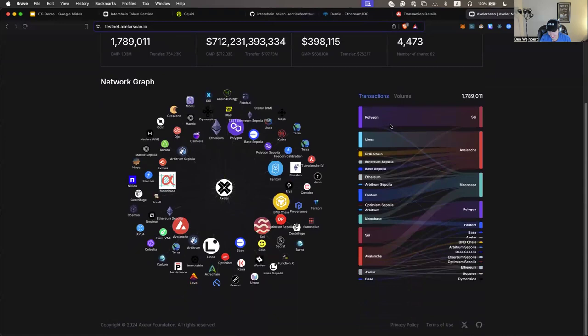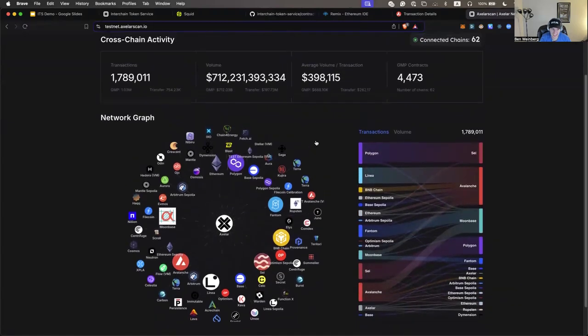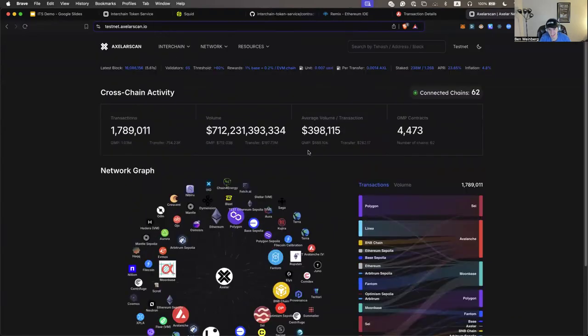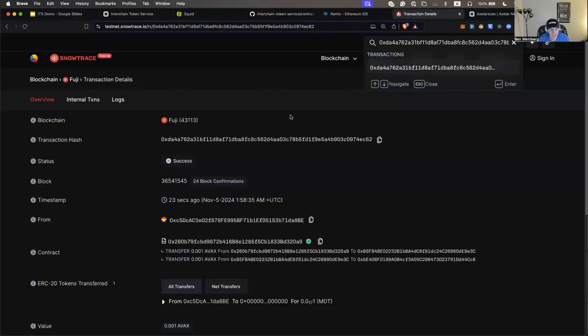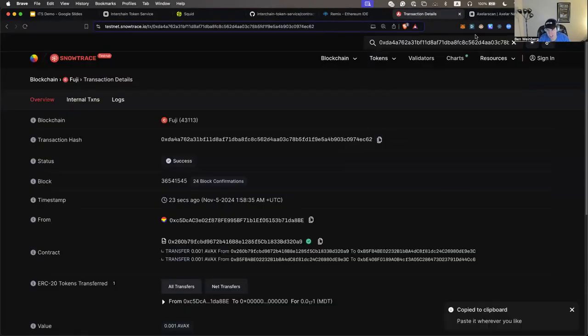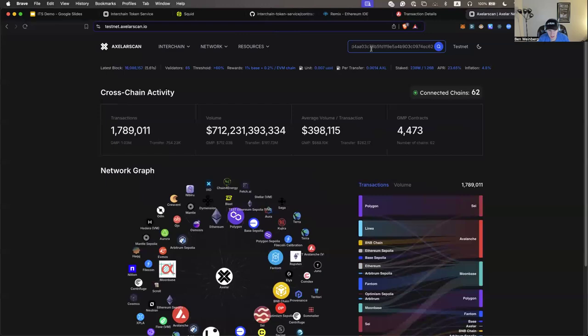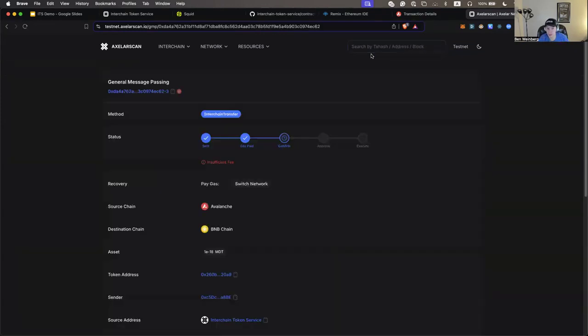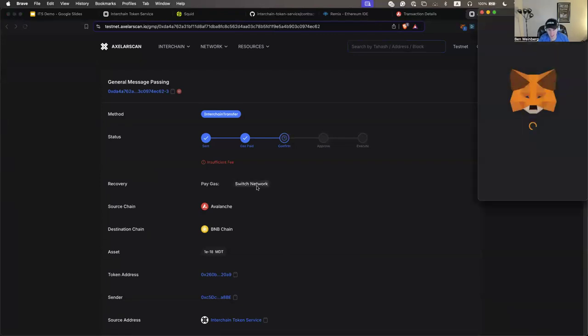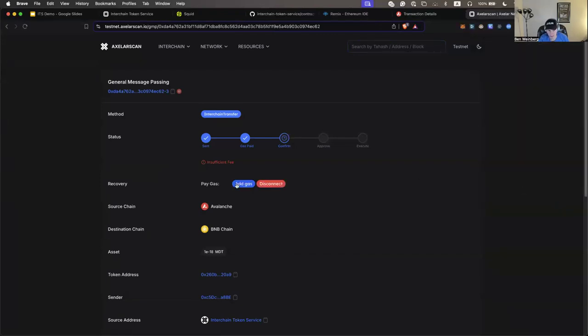But yeah, you can see all these different interesting stats about Axelar. But back to the matter at hand, I want to take my transaction hash, throw it into the search bar here, and we should see Axelar Scan's much more helpful view of the transaction. I didn't send enough of a fee, so I can actually fix that straight from the Axelar Scan